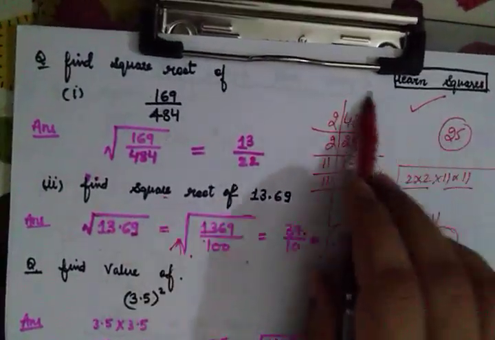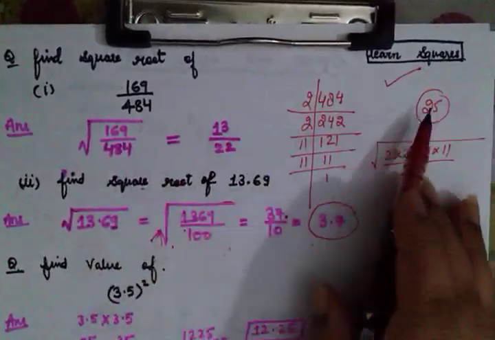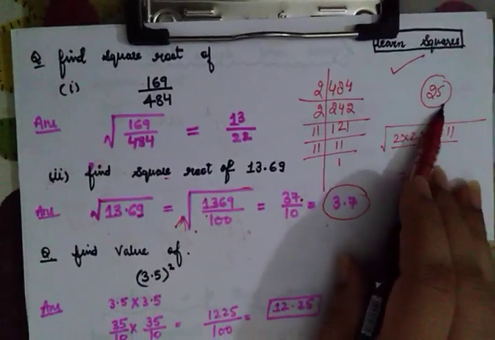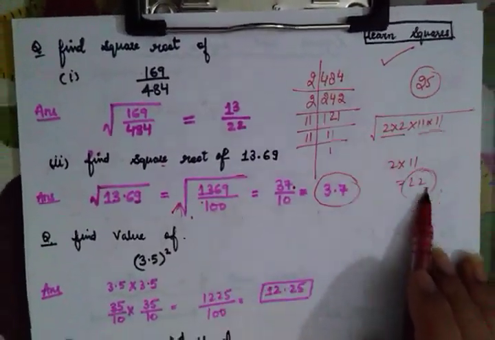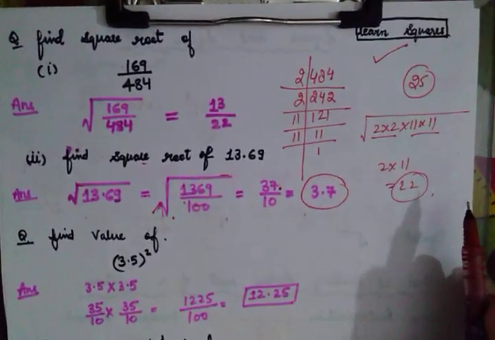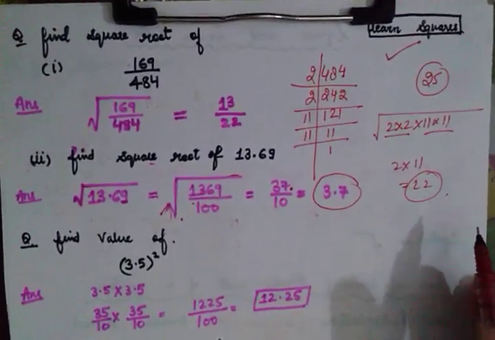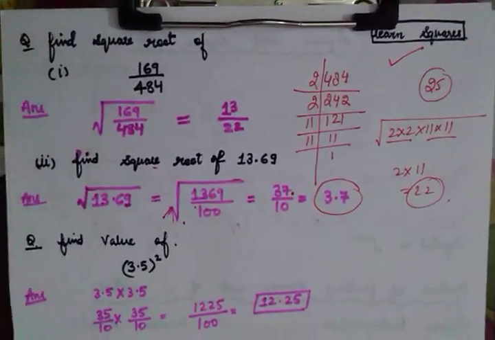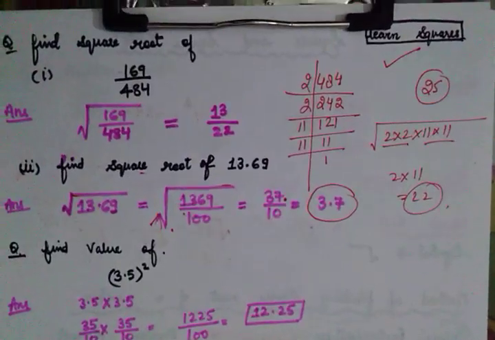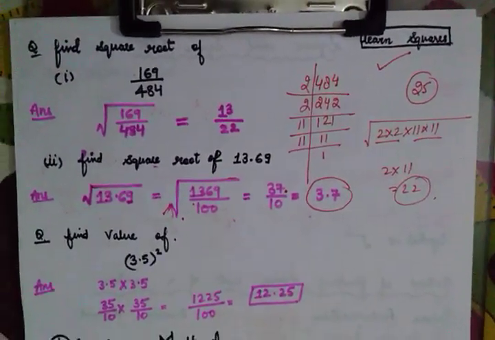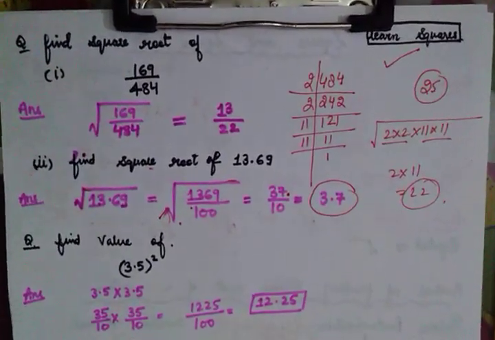So if you want to avoid this calculation, for at least the numbers till 25, you can learn the squares. Otherwise, perform this calculation and it will be very easy for you to calculate the square root. Now this was your prime factorization method. It's very easy. Try to solve the questions. You will not find any difficulty.